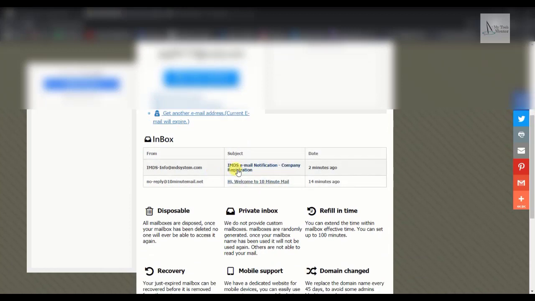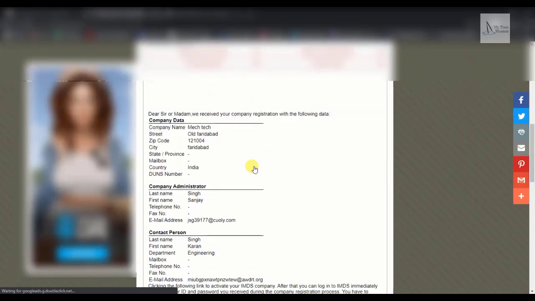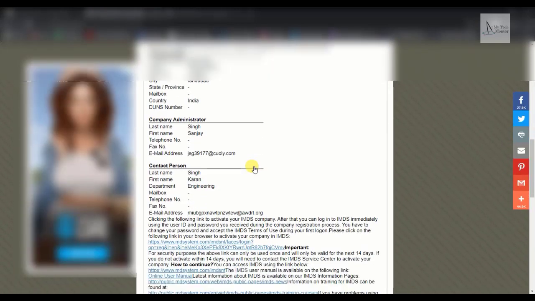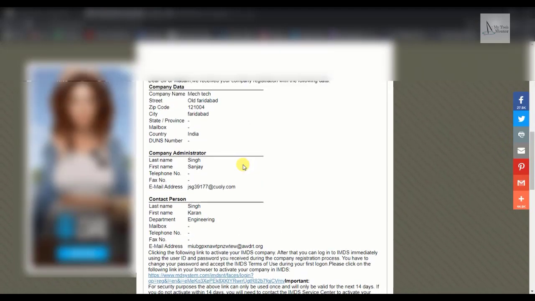Here is the IMDS notification. Click on this. They also mail your login data.